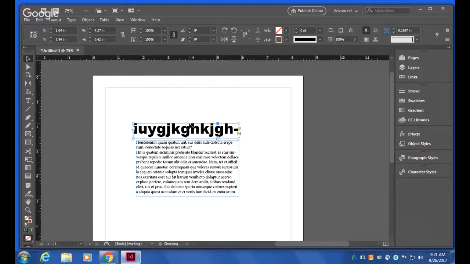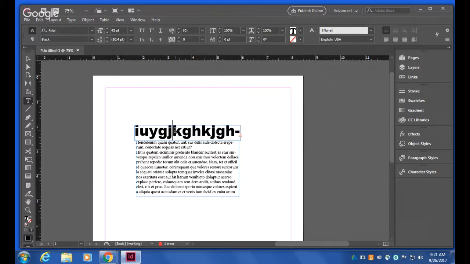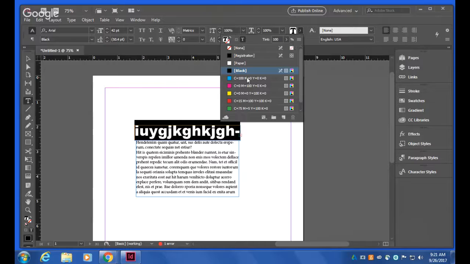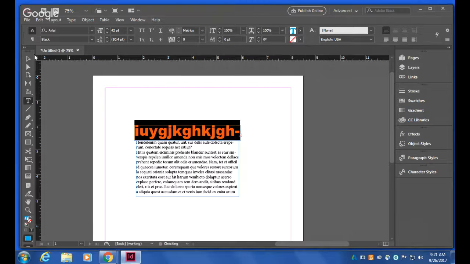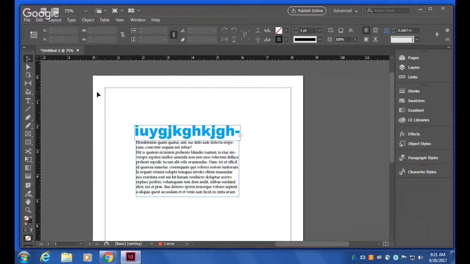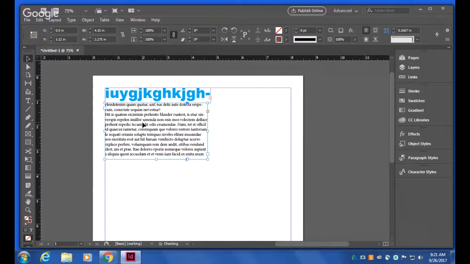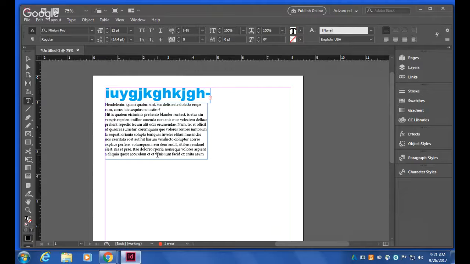I can adjust this box so the headline sits nicely over top my text. Maybe I want to give this headline a color. Let's go with blue. And there you go. So you can do pretty much anything you can think of. It won't tell you where to put stuff. You just put stuff where you want it. You want this headline to go here? Great. Text box to go here? Great. You want your text box to